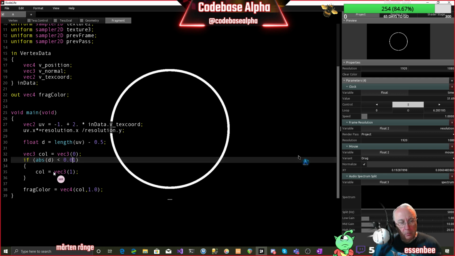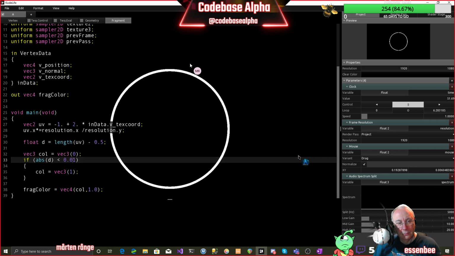So now I say when the distance, abs makes it positive, right? Absolute value. So when this distance is less than a certain value, I just picked one that sort of fit the screen, we see a circle. So here's the inside, and here's the outside. One thing that is quite useful when trying to understand this: what we are actually looking at is a distance field, but we only see the points that are closer to the circle. But in order to visualize the distance field and see what we're doing,